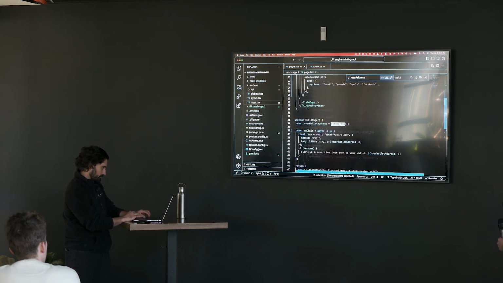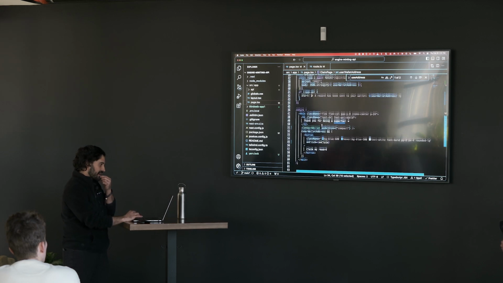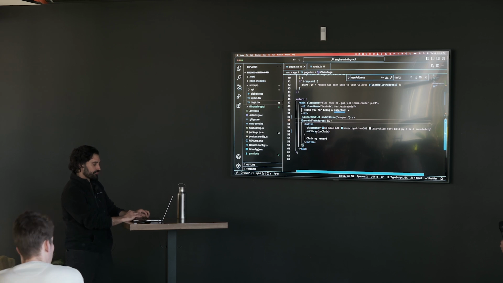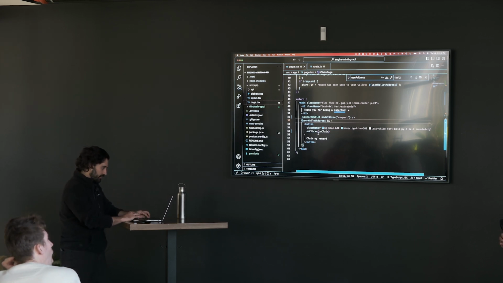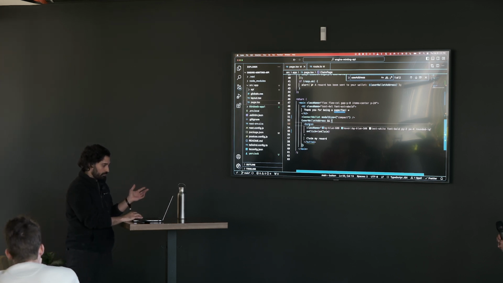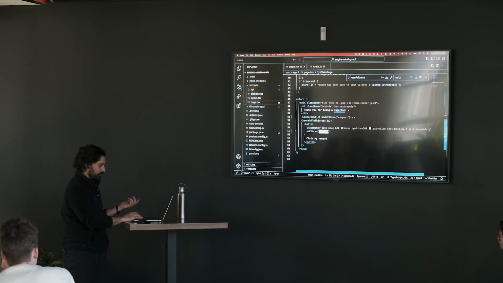useAddress. Where do we go? Here we go. We use useAddress to grab the user's wallet address, just to conditionally render a button, making sure that they're actually connected before we render this button. And for this button, we're going to use Engine. So this is just like a regular old button, right? It's a button that on click, we call this claim function.